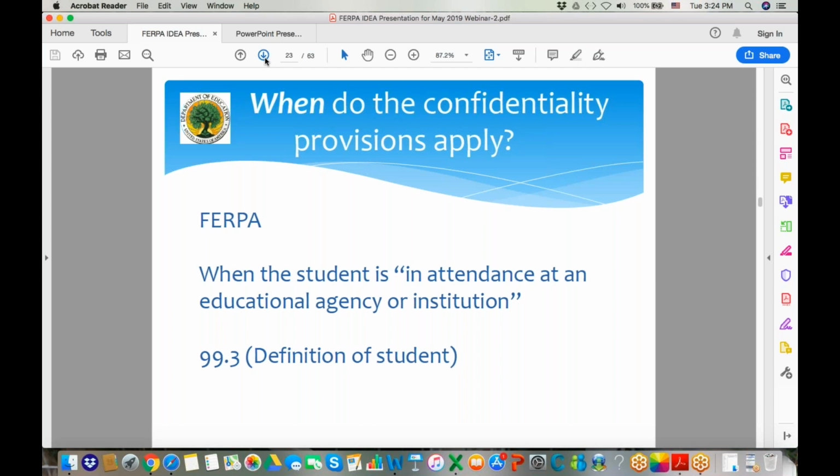Now, we often get questions of, well, under FERPA, how long does a school have to maintain those education records? And FERPA is really silent on that aspect. We don't have a specific time frame. Kind of goes similar to what Kyle said under IDEA. Basically, those records, as long as the school maintains them, have to be maintained consistent with FERPA. So there's no prescribed time frame on how long, but as long as they're being maintained, they have to be maintained under the confidentiality provisions according to FERPA.